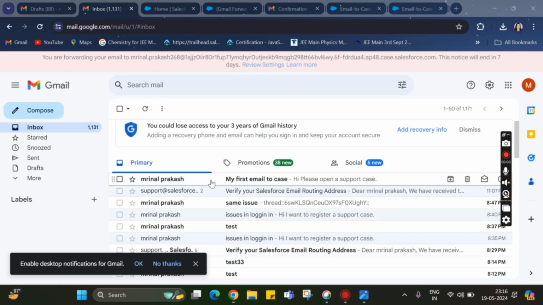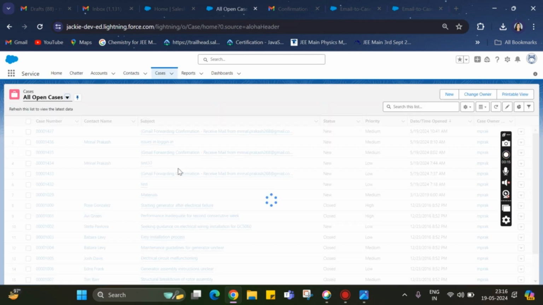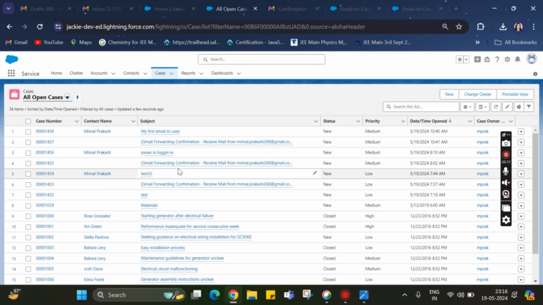So the customer email has come in and it's present in the support mailbox. Now it should also have created a case in Salesforce, so I'll just go and check. I'll go to cases, and here is that case. Okay. If I open the case,